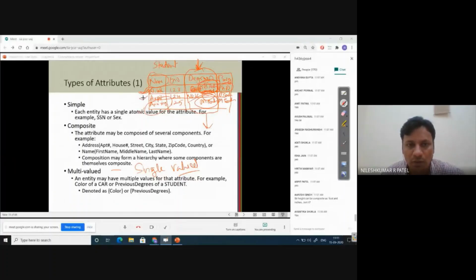Yes or no? As a student, my name is Nilesh Kumar Patel. My enrollment number is also single valued. If I am taking admission into the PhD program, the program is single valued. My date of birth is single valued. My height is single valued. My age is single valued. So all these are single valued attributes.